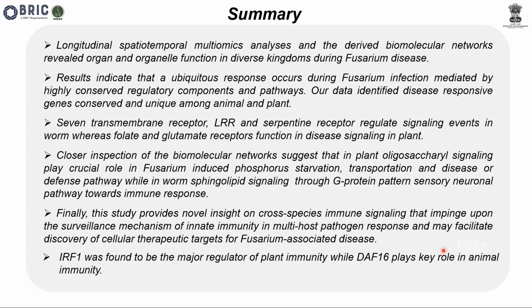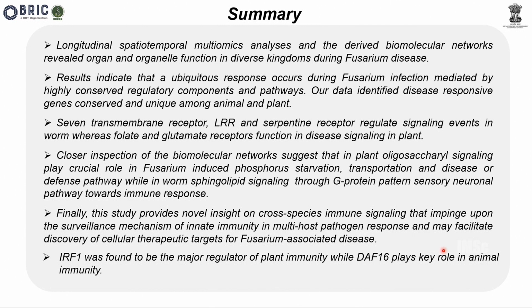and then what is important is the 7 transmembrane receptor LRR and serpentine receptor was found to regulate this immunity in the worm, but in case of the plant this whole signaling is very different and it goes through a folate and glutamate receptor. And the other important thing that we understood is in plant it is the oligosaccharide signaling, whereas in the worm it is more of a G protein pattern sensory neuronal pathway that affects the immunity against the